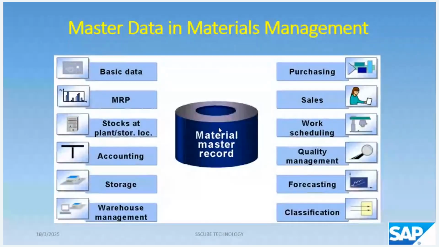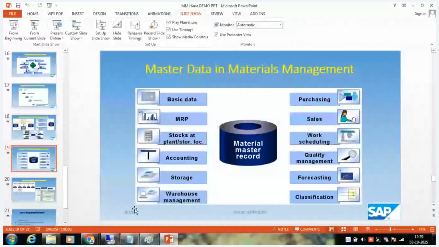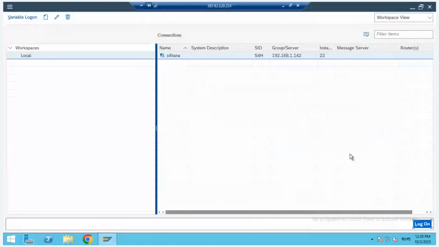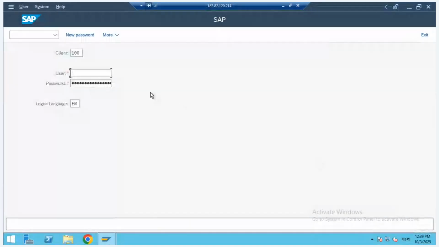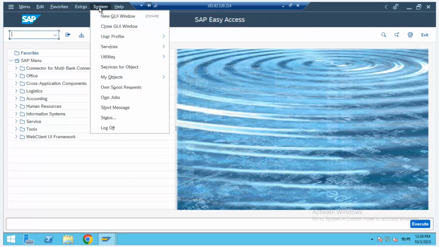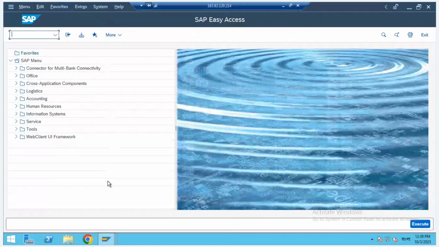Right now, I'll just go to SAP. Now this is where I have opened SAP. Now I'll open another screen. Fine. Now in this screen, I'll open